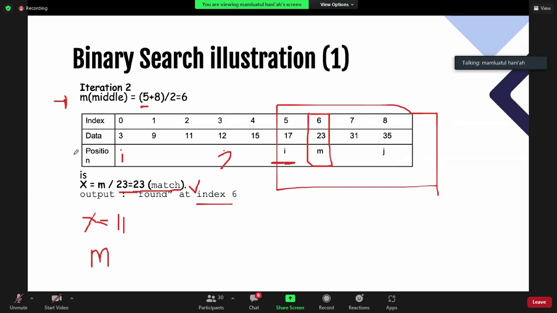And then your middle, if I have X is 11, your middle is berapa? 0 plus 3 divided by 2. Your middle is?